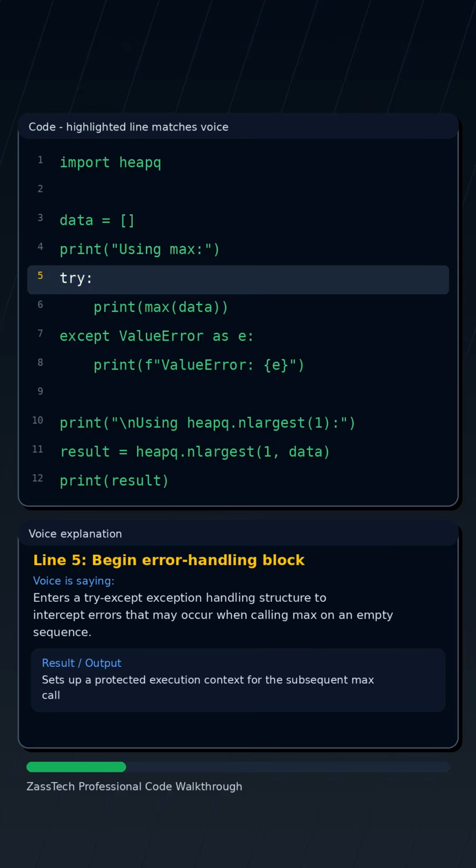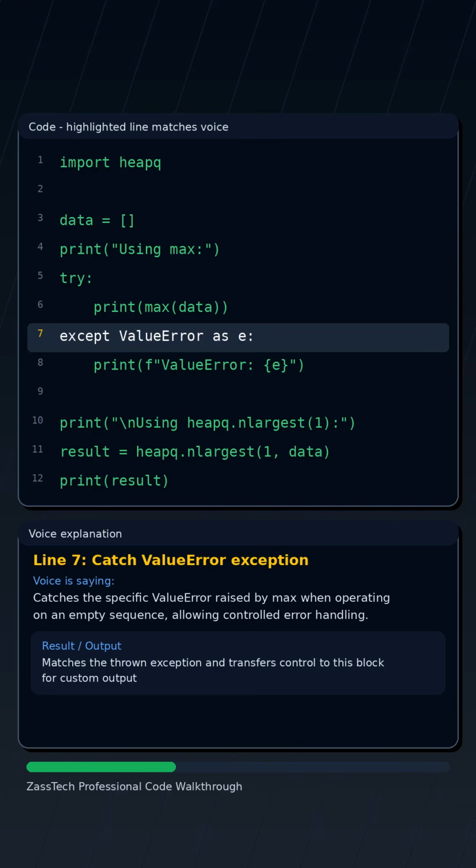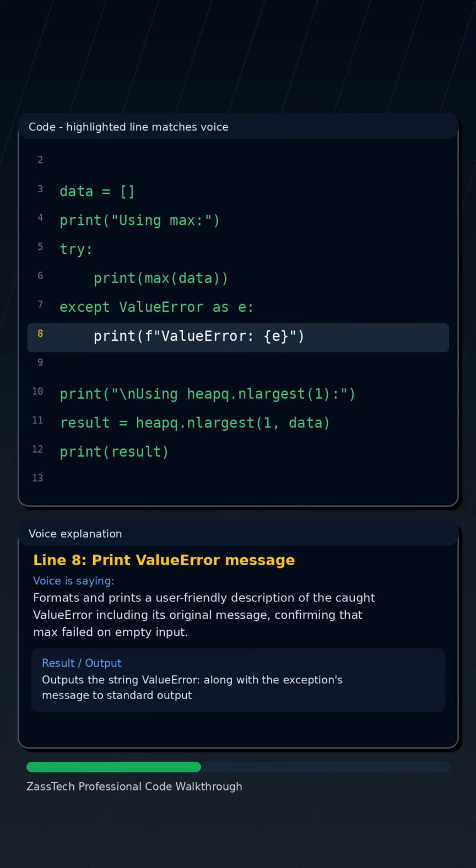max function. Enters a try-except exception handling structure to intercept errors that may occur when calling max on an empty sequence. Invokes Python's built-in max function on the previously defined data variable, which contains no elements and thus triggers a ValueError. Catches the specific ValueError raised by max when operating on an empty sequence, allowing controlled error handling. Formats and prints a user-friendly description of the caught ValueError, including its original message, confirming that max failed on